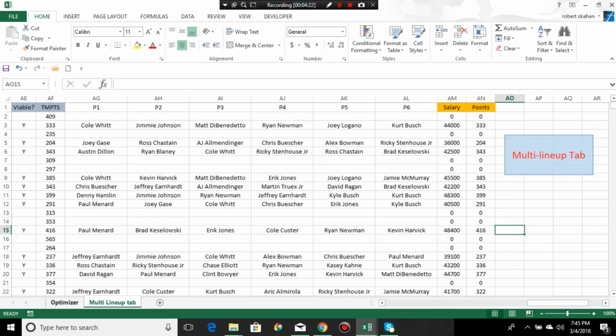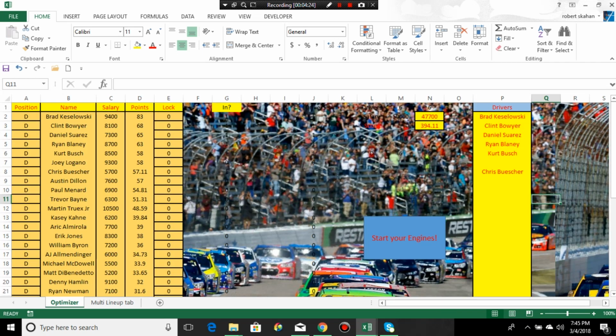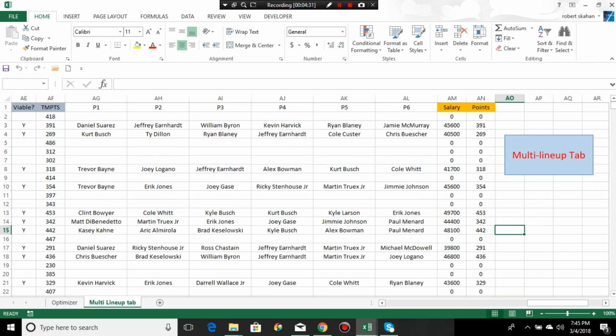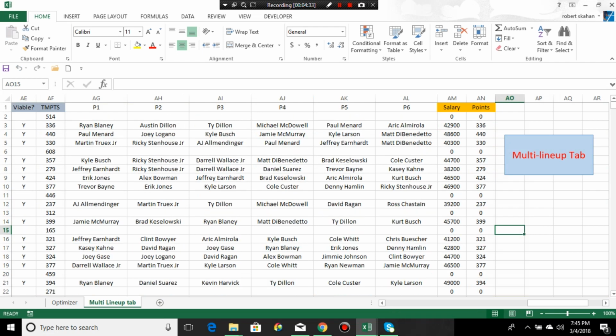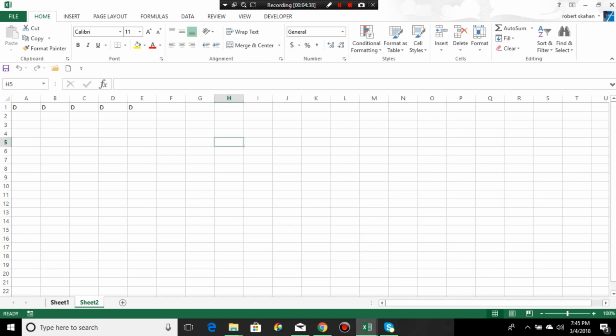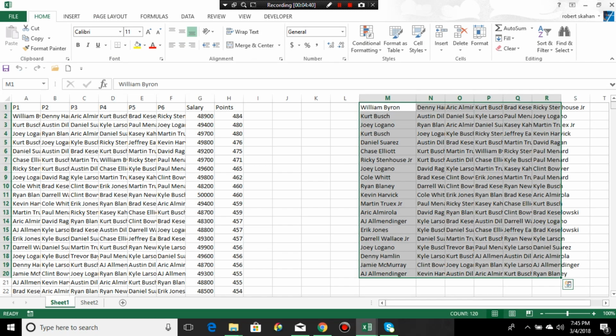So we go over. We got the cash game optimizer. We go ahead and pick what we want from our players. We go over to the multi lineups tab. You got your guys in there, and every time you click this, you're going to get lineups. And I think one thing you can see here, we go back to this sheet. Let's take a look at that. That one lineup alone,